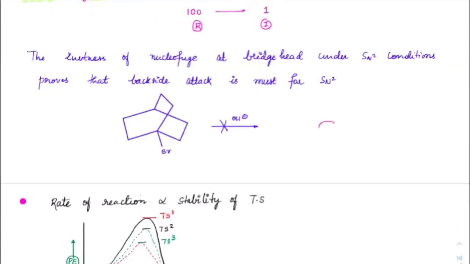Few reference books show through a diagram that if this is a carbon and this is a chlorine bond present like this, then this side of the orbital is sigma star, this side is sigma star, and this side also would be sigma star here, correct? So why can't a nucleophile attack from this end? Why can't it attack from this end? As this group leaves, slowly here also there is a sigma star forming. Why can't it attack?